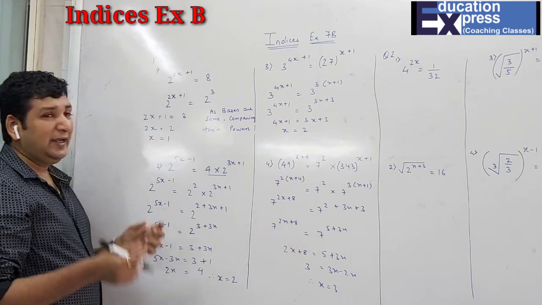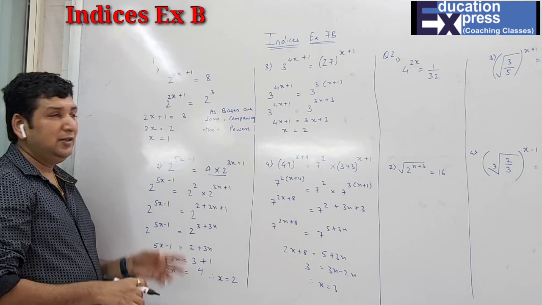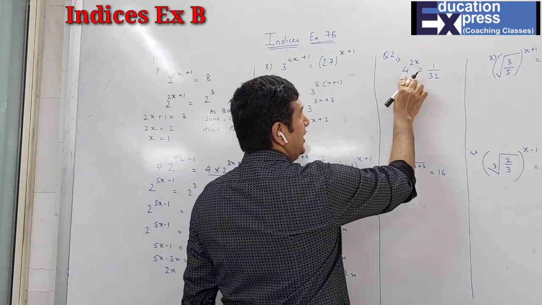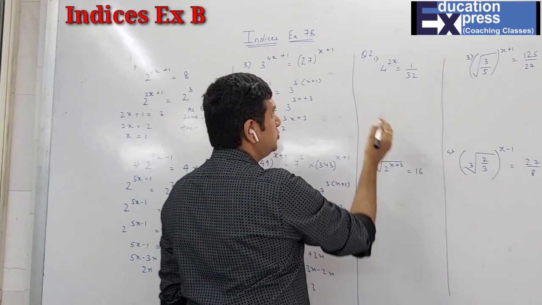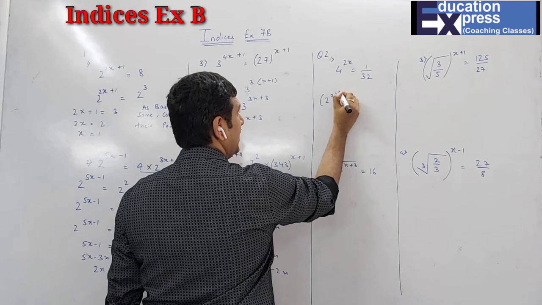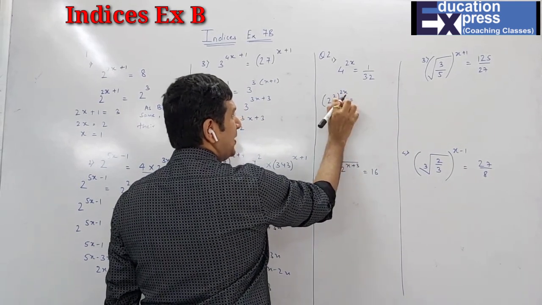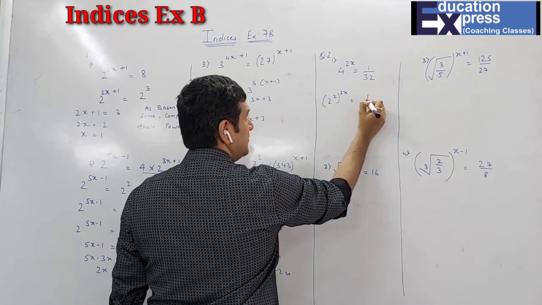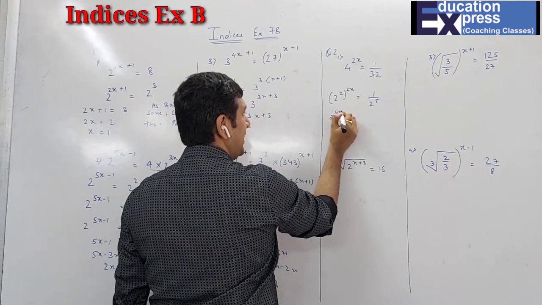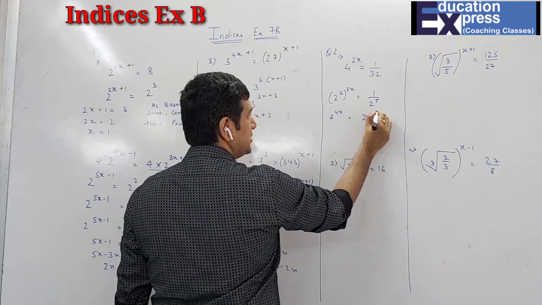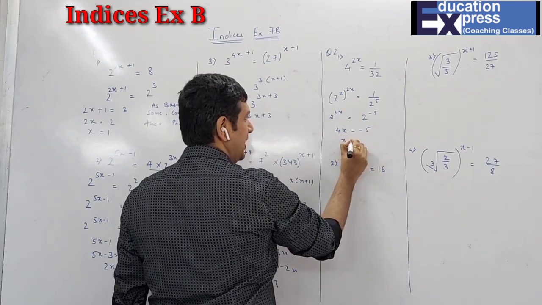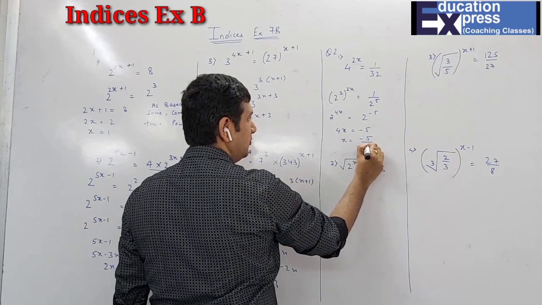You just have to take each term on either side, and then the bases are same, comparing their powers. Again the same thing over here. 4 and 32, both of them can have the same base 2. So here, instead of 4 I'll write 2 square, and outside the bracket there is 2x. Always power and power get multiplied, students. And 32 is 2 raised to 5. That is 2 raised to 4x equals 2 raised to minus 5. Bases are same again. So 4x is minus 5. x is minus 5 upon 4.